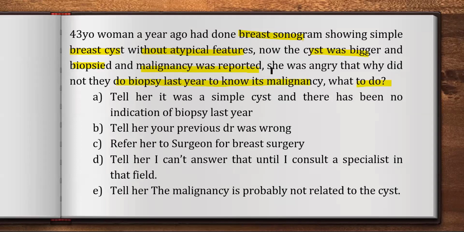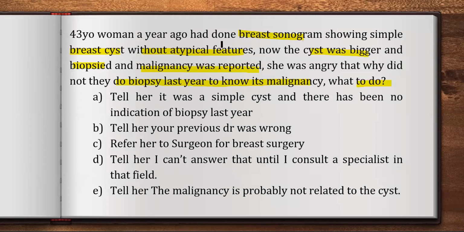So you see that, tell me one thing, a simple breast cyst, is it cancerous or not? I need to know, like, what is the percentage? Normally, what is the usual thing? Usually no. A simple breast cyst without atypical feature usually doesn't get transformed into a breast cancer. But yeah, everything is possible, in the slightest percentage it can happen. But without atypical feature, just a simple breast cyst, in a 43-year-old, unlikely to get cancer from the cyst.